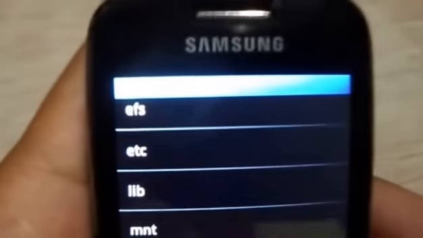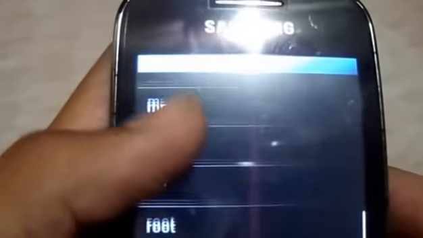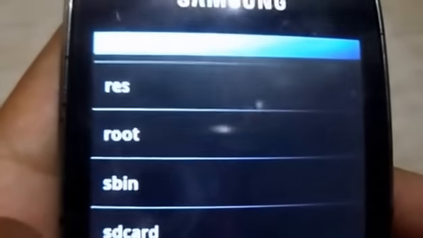Now as you can see here, this is the folder. Now go to here. This is not visible at the time, but here you can see return. Select ISO to load. Now again go to SD card.